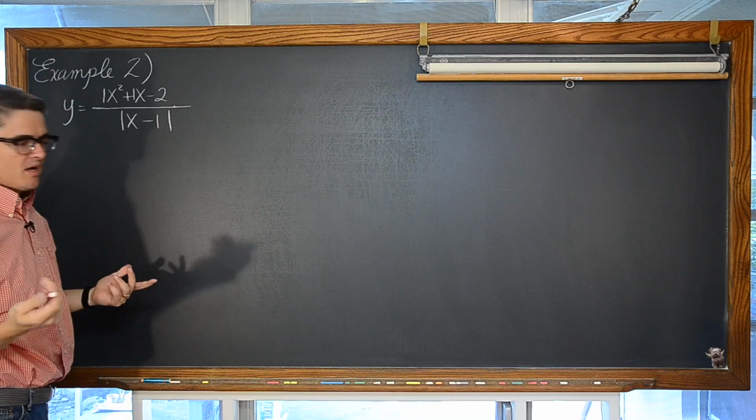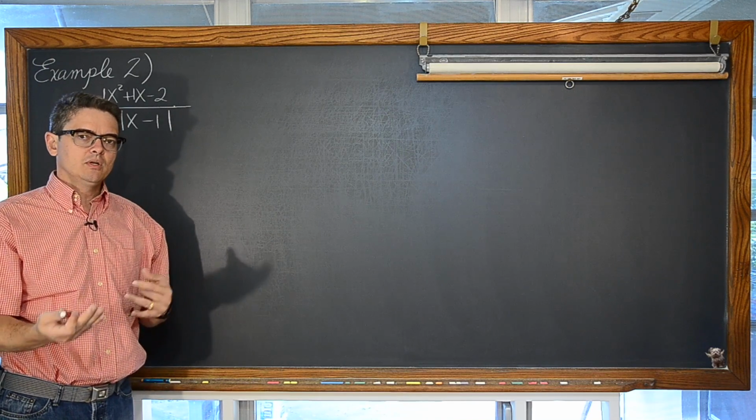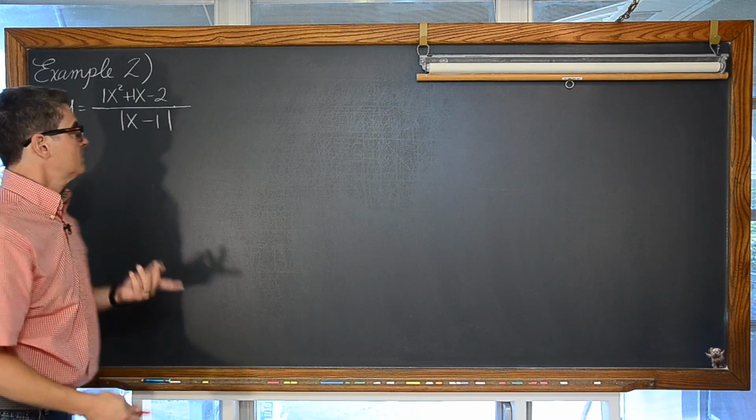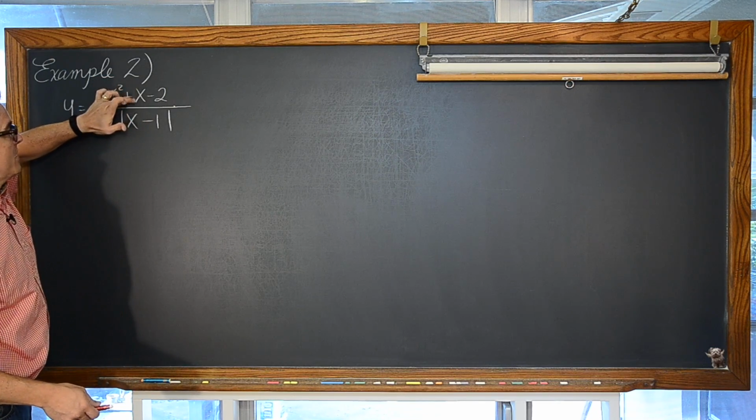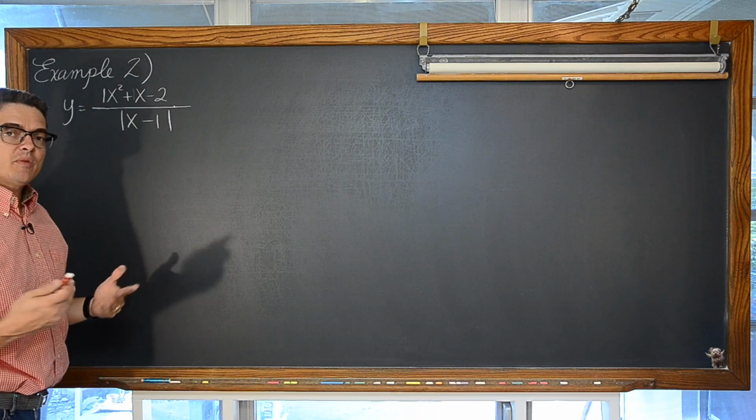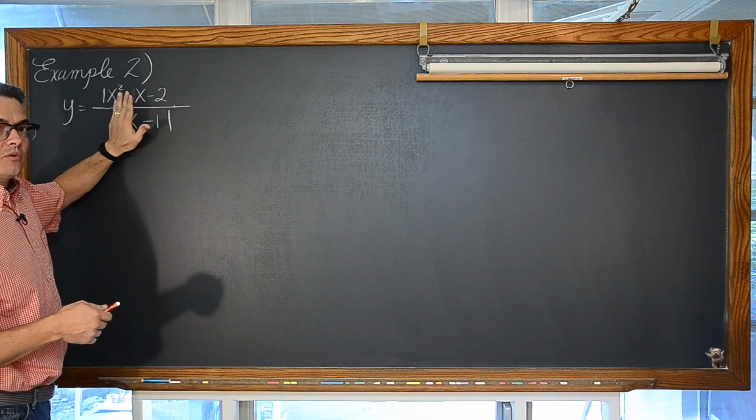Well, negative 2 is prime, so it's either going to be 1 times negative 2 or negative 2 times 1. Well, yeah, negative 2 times 1, when you add them, like when you're distributing to create that middle term, adds up to be positive 1. So this is a factorable quadratic.